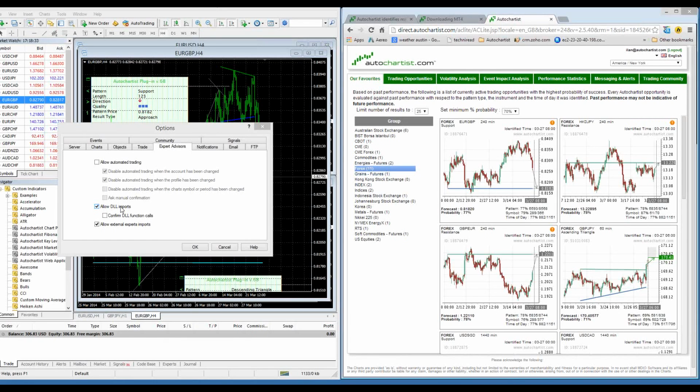However, we cannot warrant the same for other people that sell you indicators that use DLLs. So if you're only using Autochartist technology that uses DLL imports, then it's pretty safe to allow DLL imports. If you're using other third parties which you don't trust as much, then you really do need to give you a warning that once you allow DLL imports, then the